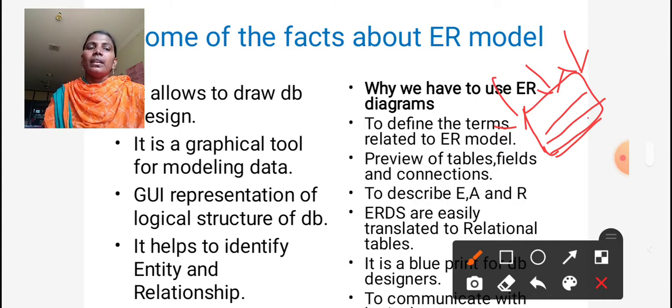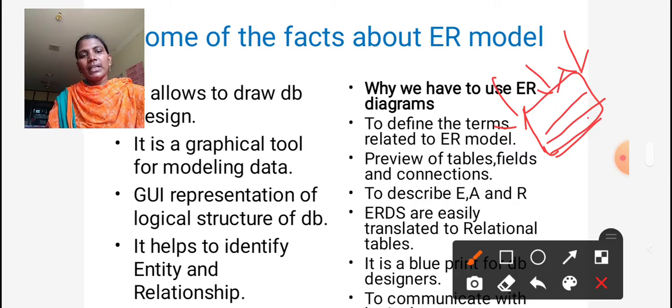So we have to show any data present in the database with the use of diagrammatical representation. If we want to display any structure, database or file, we show it in graphical form. The second point is that it is a graphical tool for modeling data.